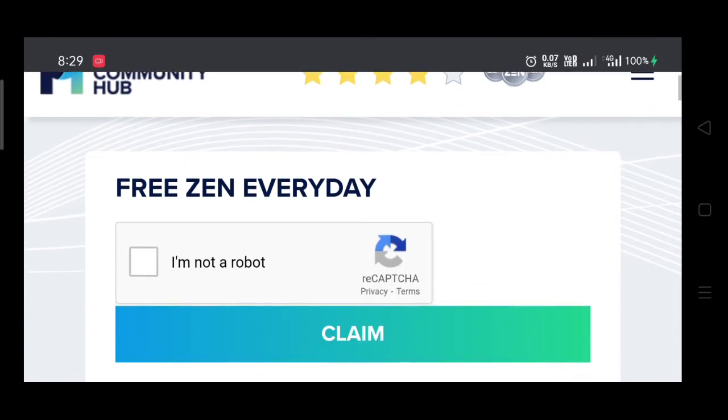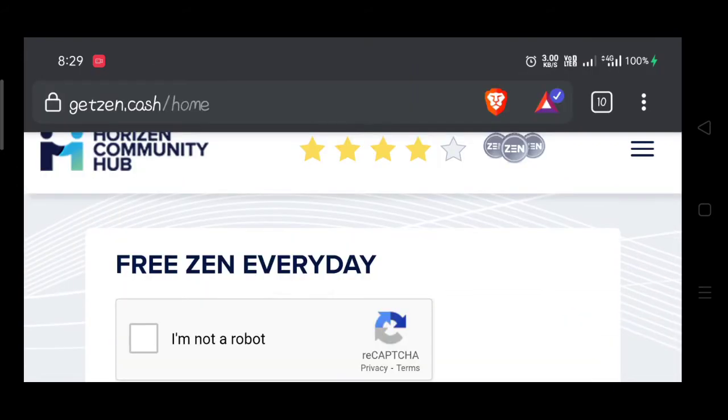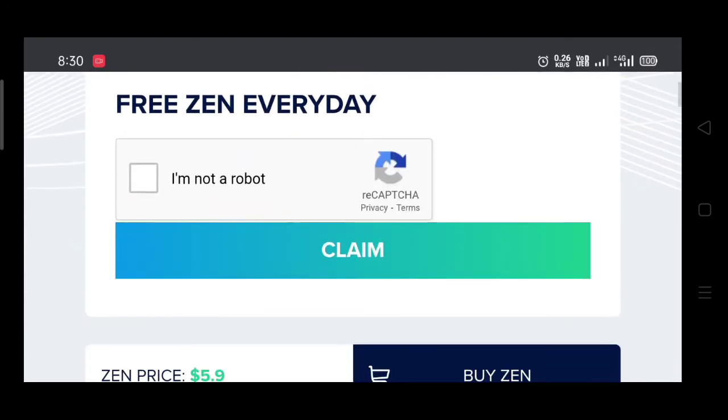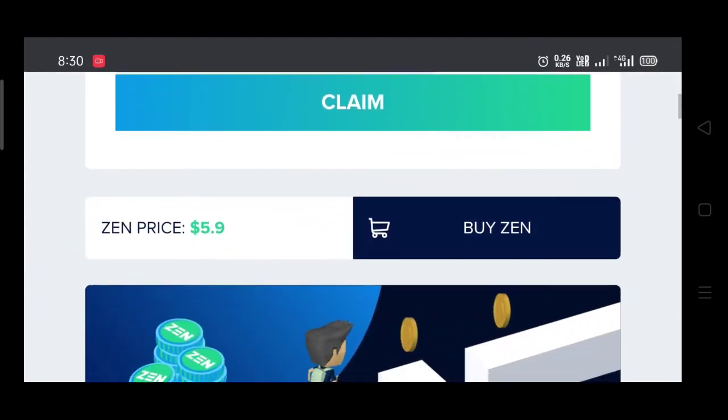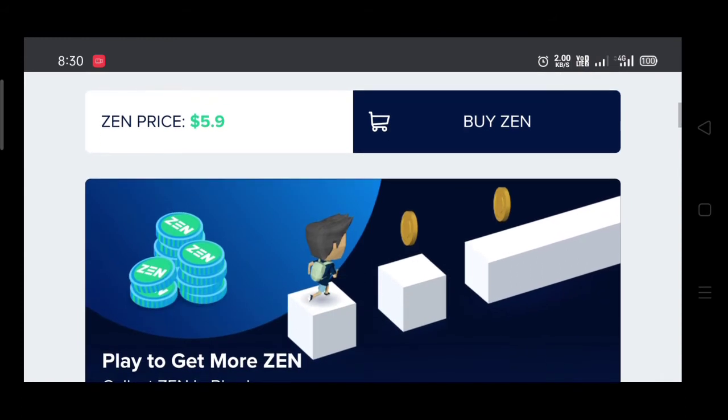Before claiming Zen, you have to set your Zen receive address. For that, you can download their official Spare wallet where you can store your Zen.